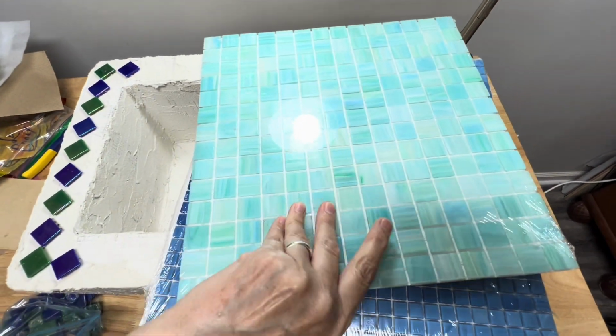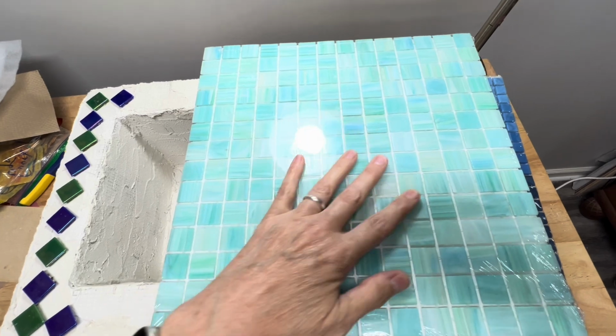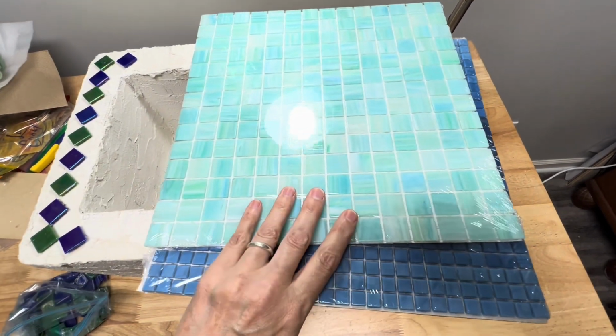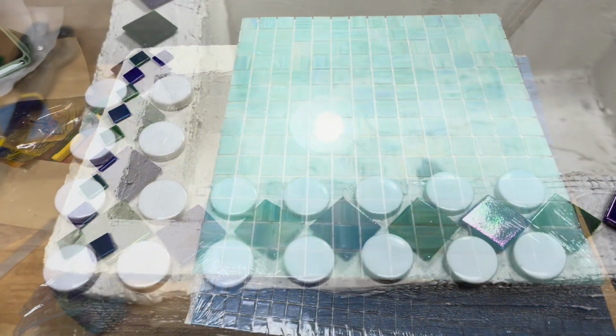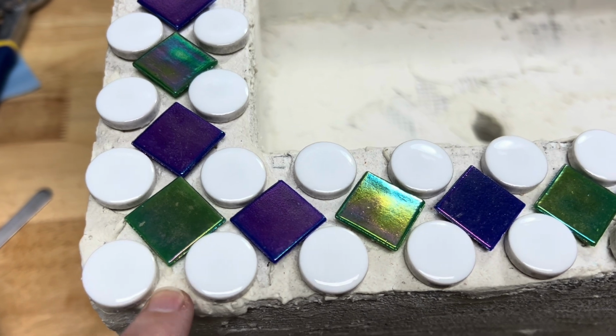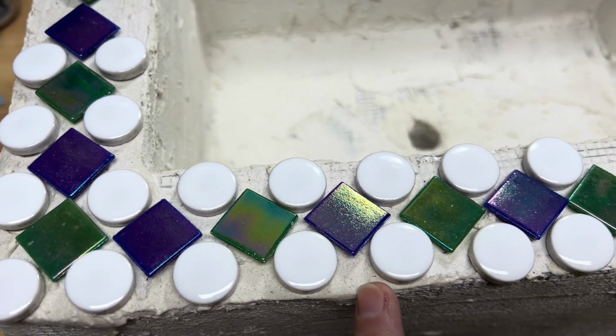And they weren't super cheap. I want to say they were more than maybe $15 a square foot, somewhere around there. But so maybe I'll use them on this. All right, I think I'm going to do this as the bulk of the design. And now I just have this little bit right here in between that I'm not sure what I'm going to